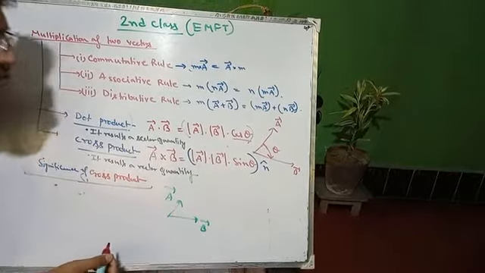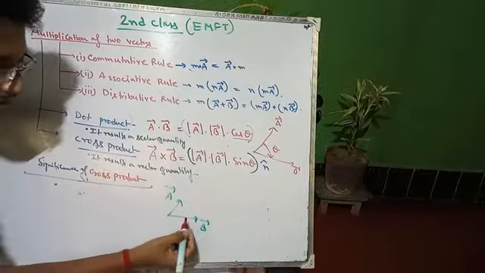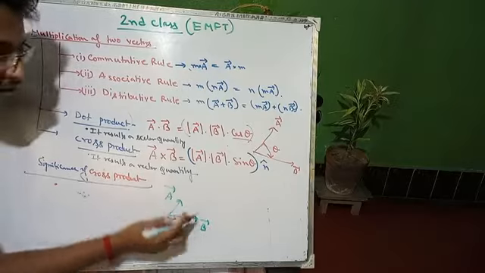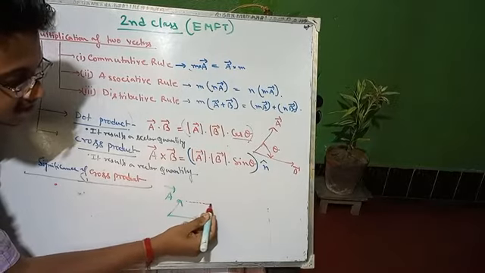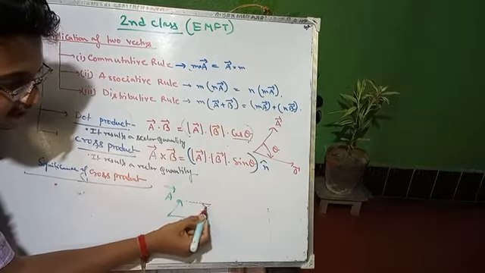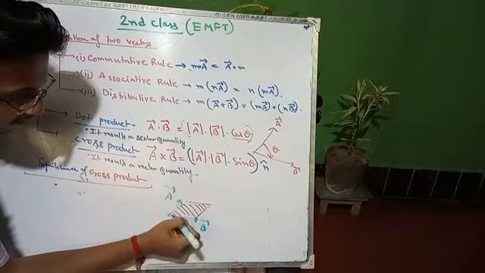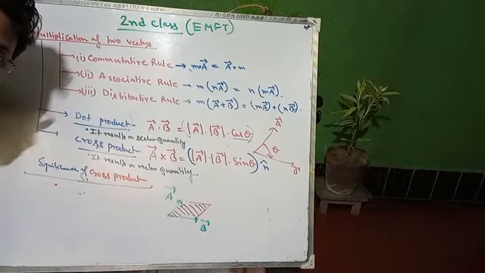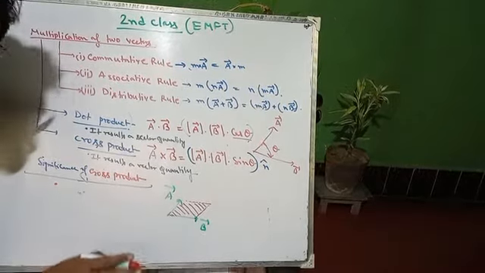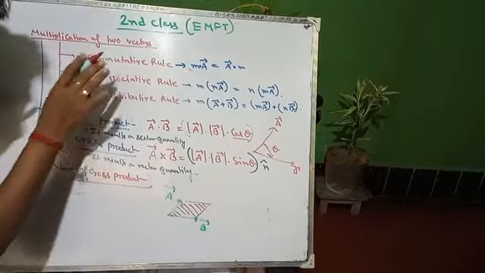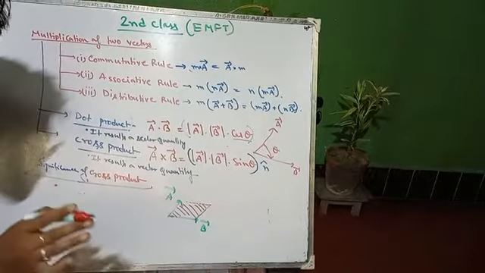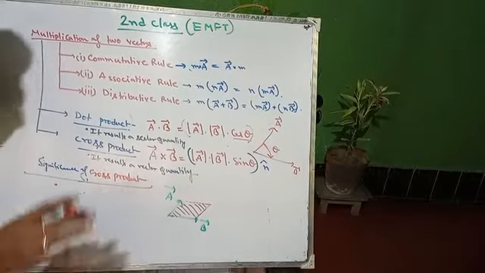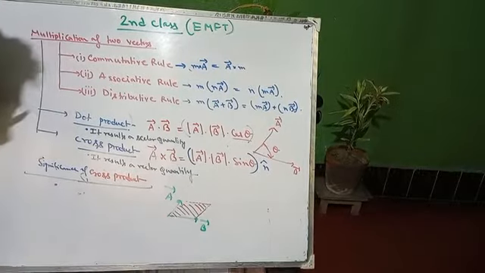Sine theta means, if we consider this A vector and B vector, and by using these two vectors we consider a surface, can I consider a surface? Over this surface, what is the direction of the surface? Always remember, a surface has some direction. From the beginning I have discussed that a surface is a vector quantity, so obviously it has some direction.